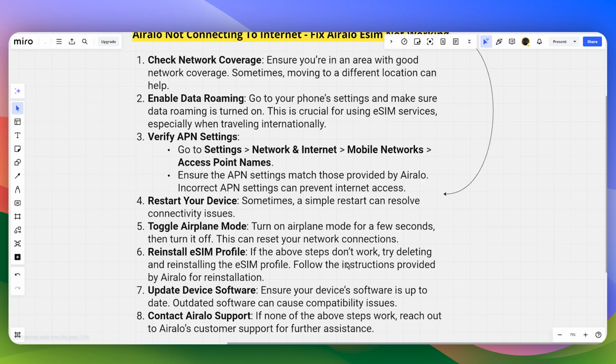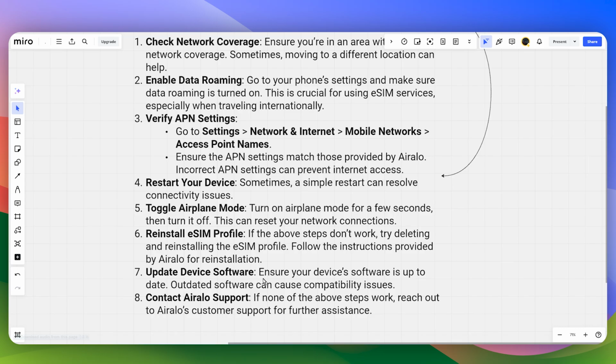If the above steps didn't work, you can try deleting and reinstalling the eSIM profile and follow the instructions provided by Airalo for reinstallation. Next up is you need to ensure that your device software is up to date. If you are using an iPhone, make sure that your iOS is up to date as well, because outdated software can